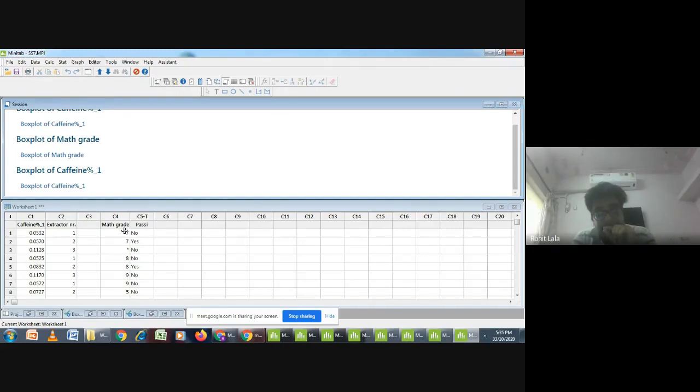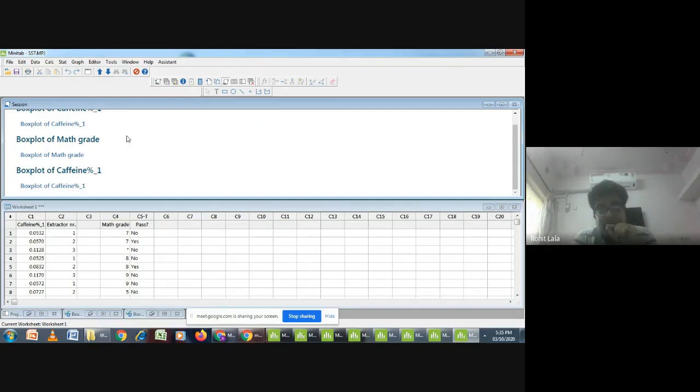Now here maths grade becomes your x variable and pass or fail becomes your y variable, and the y variable is categorical and the x variable is numerical.